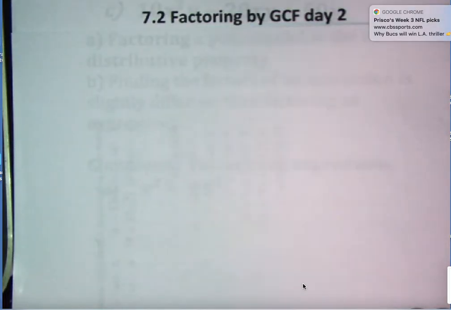7.2 factoring by GCF, day 2. Oh, hold on. Let me get rid of that. Yep. Stupid alerts. Anyways,